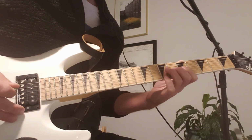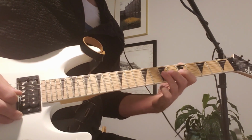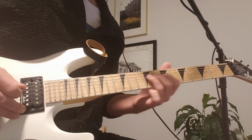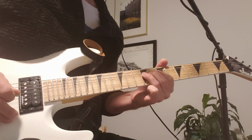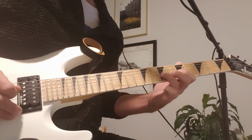I do this little slide here, again. But after you hit that 7th fret on the D string, you're going to do like a little half bend on the 9th fret of the G string. So it's... Oh, sorry, hold on. So it's...